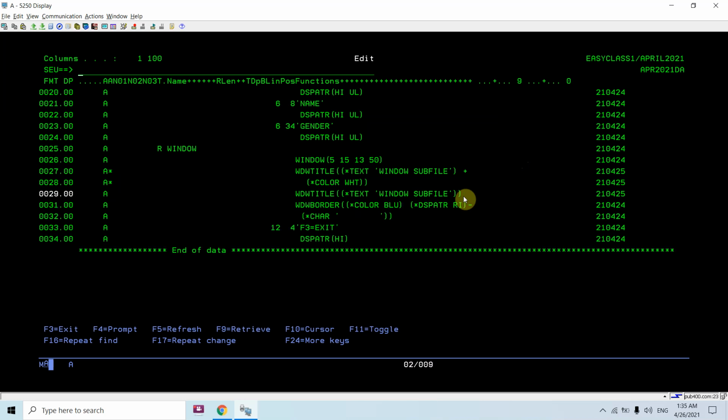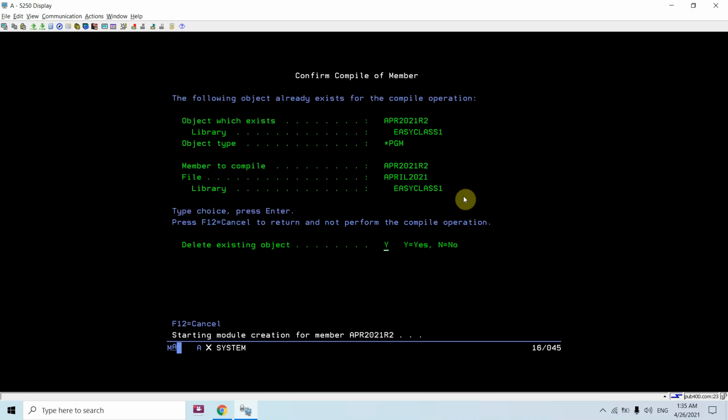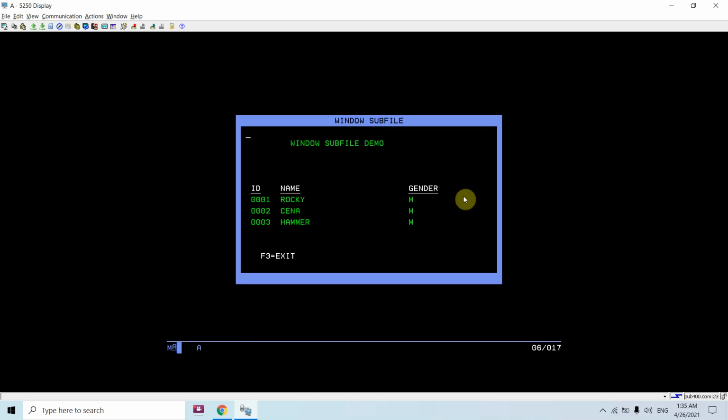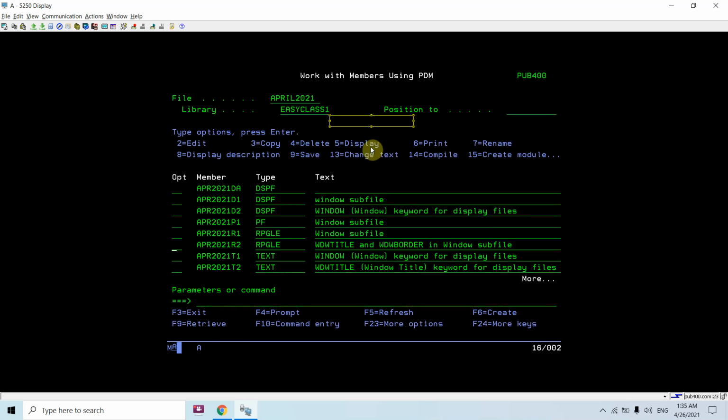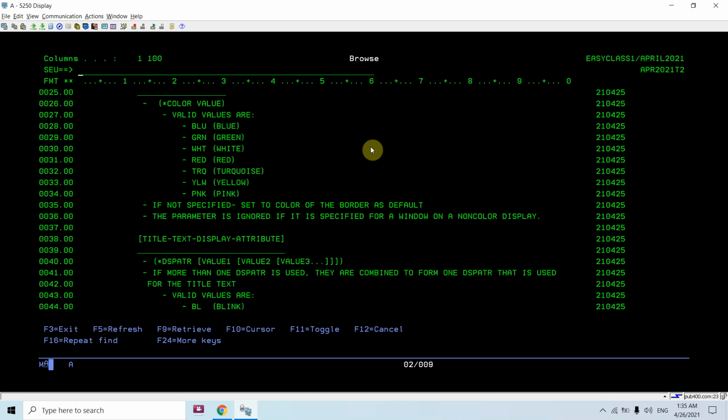Now if I am not providing this, you'll see there is no space, as I already told that it will overflow onto the subfile format, and you can see there is no space in the border. So this was what I was telling, or what I have written here.